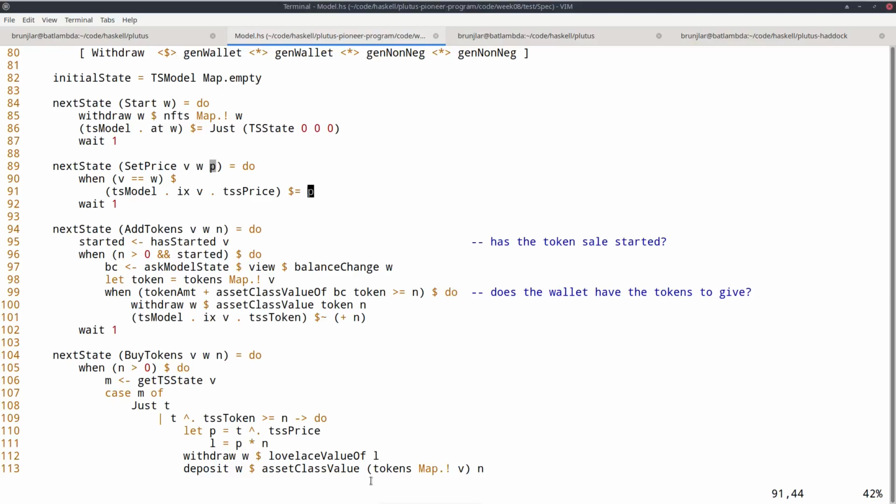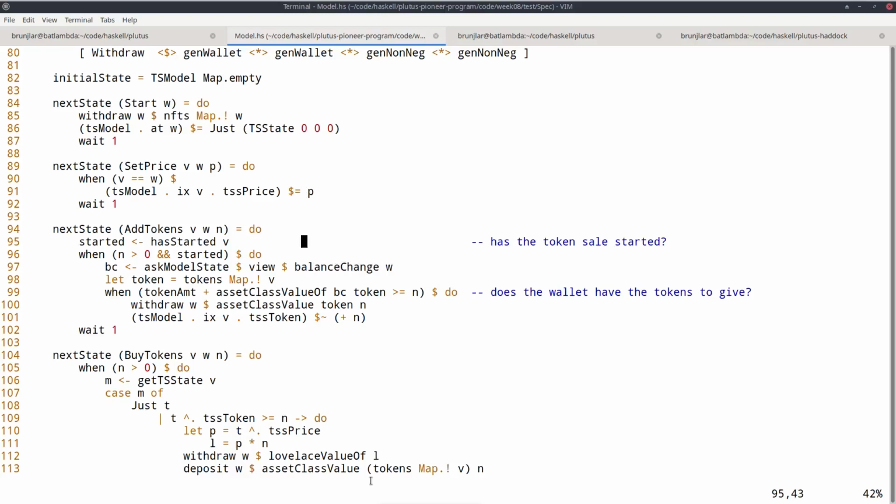If the token sale hasn't started, the ix simply won't have a target to focus on, and this line will have no effect, so the model won't change. So this basically says, okay, if set price is invoked, then reach into the model to the right entry in the map to the price component and set it to the provided value P. And in any case, wait one slot, whether it succeeded, whether W equals V or not.